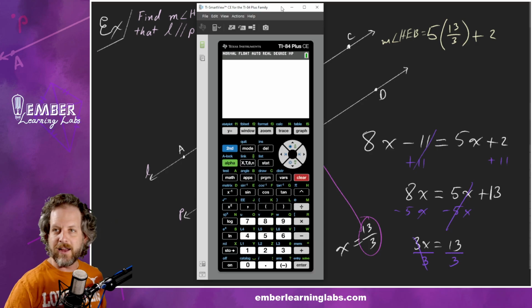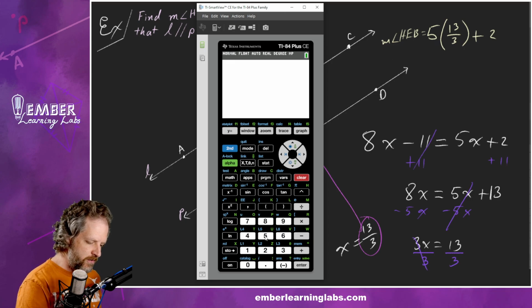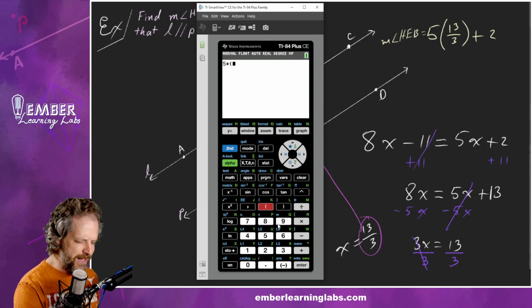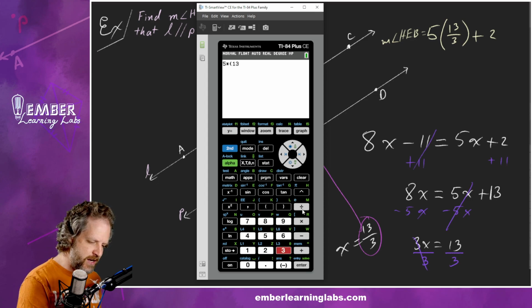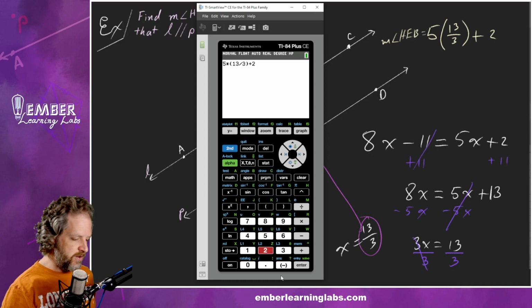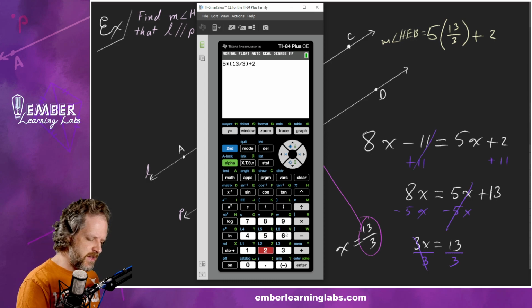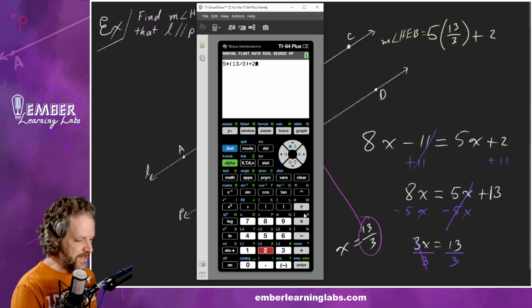All right, got my calculator out. So we're going to do 5 times, actually, I don't think that works on this calculator. I think I have to put the times thing in here. No. 13 over 3, close parentheses, plus 2, right? Now, there's another way you could use a fraction button. I don't even remember if this calculator has a fraction button, but this is a straightforward way to put this in this particular calculator. You can put it in your calculator however that works for you. I'm going to push enter, and we get